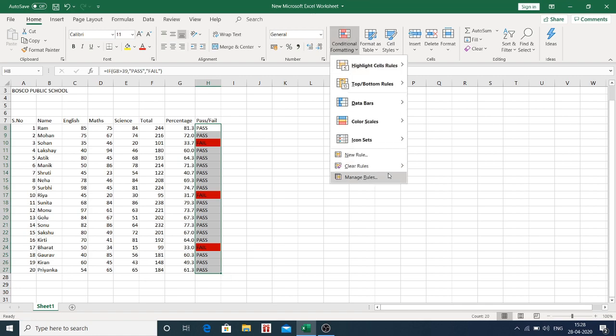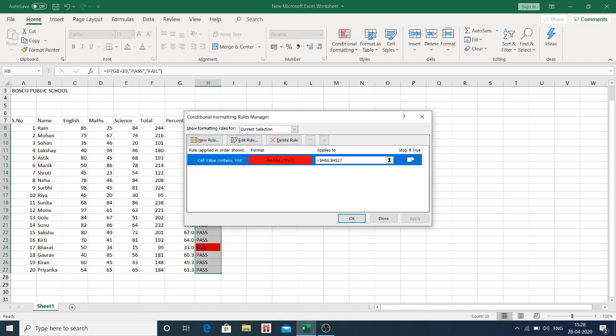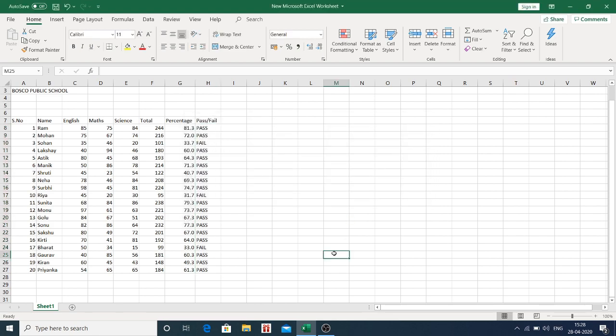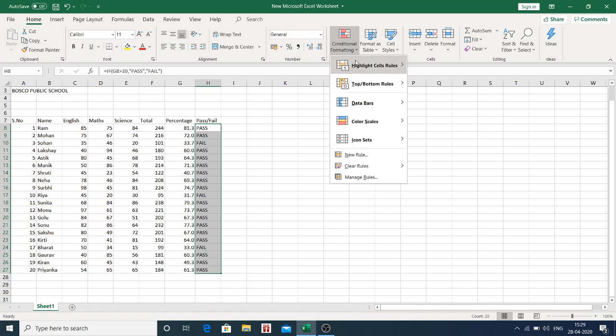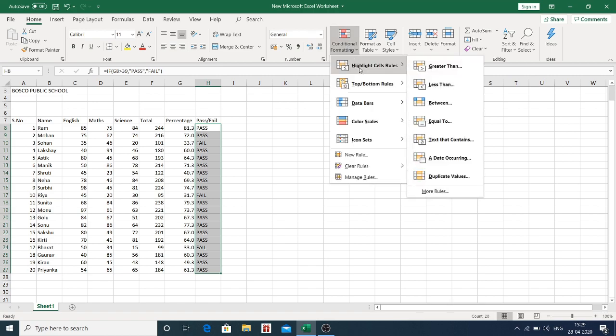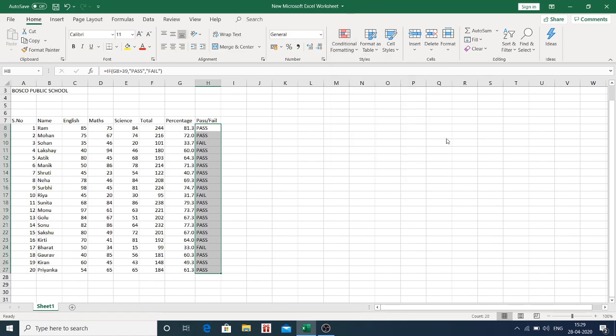Now here I have added, okay, so earlier I have added the conditional formatting, that is we want in this column, wherever it is written fail, it should be highlighted by a red color. So what we'll do, we'll select this whole column and then we'll go to conditional formatting. Then we'll click on highlight cell rules. Afterwards, we'll click on text that contains.